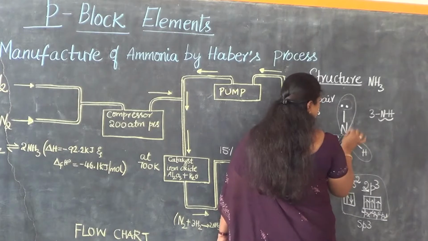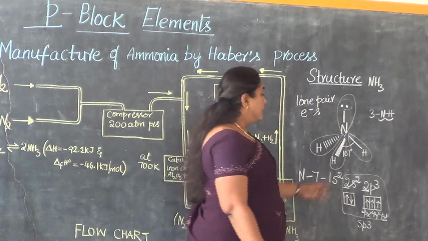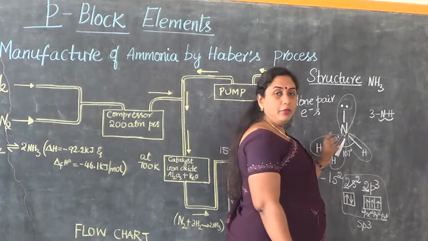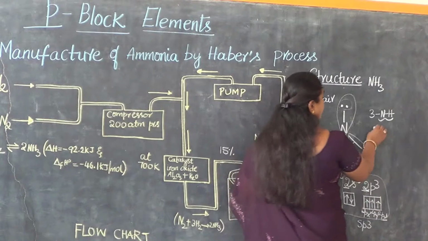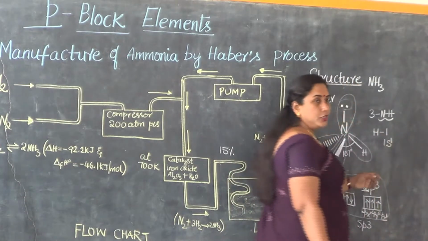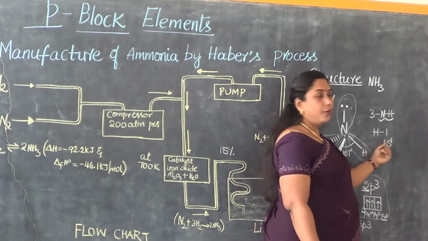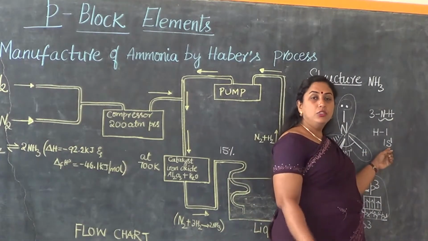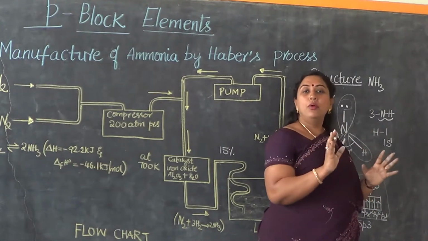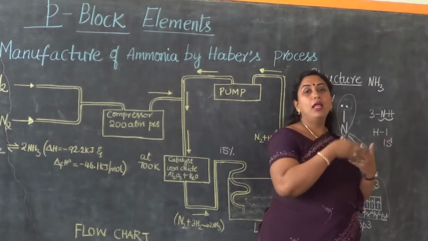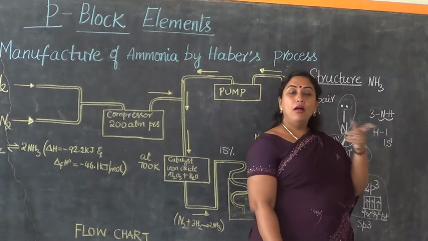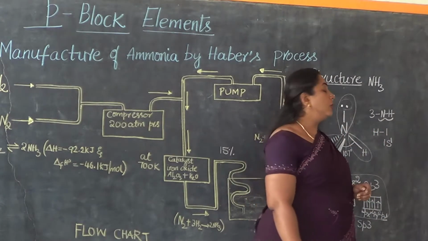So what will happen with those electrons? They undergo head-on overlapping with the hydrogen atom. Hydrogen has atomic number 1 and its electronic configuration is 1s1. So, spherical is the shape of the orbital of hydrogen. If an orbital is spherical in shape, obviously it can undergo only head-on overlapping. Even if it overlaps in any particular direction, it is still going to be a head-on overlapping, always resulting in the formation of a sigma covalent bond.